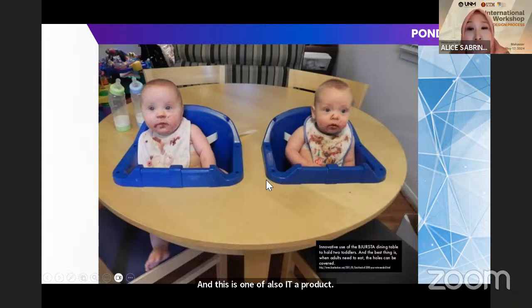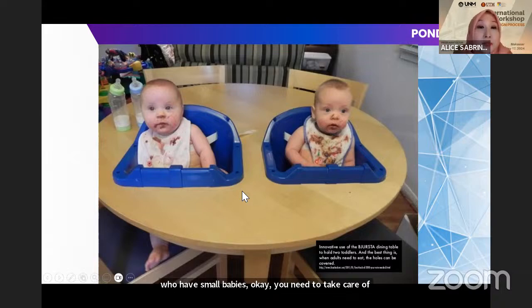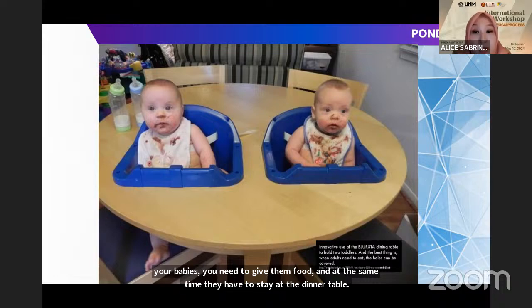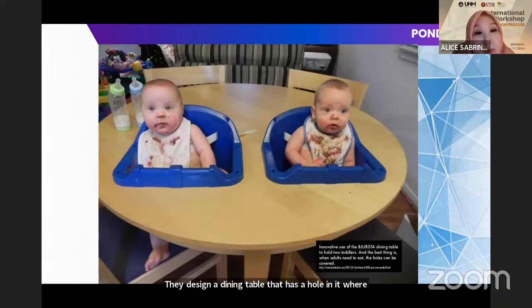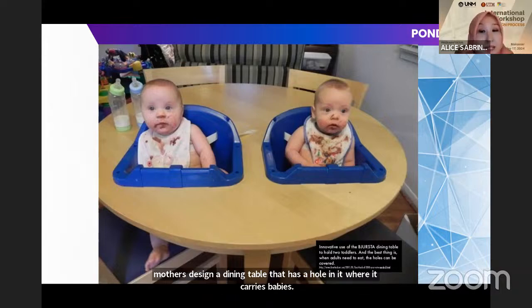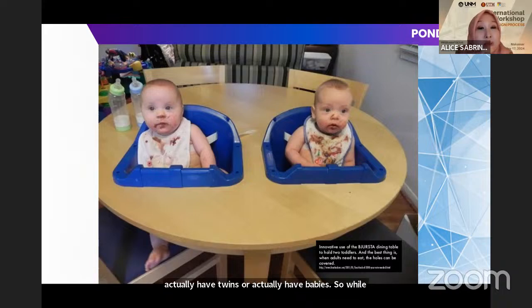For those of you who have small babies, you need to take care of your babies, you need to give them food, and at the same time, they have to stay at the dinner table. So what IKEA did was, they designed a dining table that has a hole in it where it carries babies. And this is very important for new mothers who have twins or babies. So while you stay with your family at the dining table, you can at the same time feed your babies. And this is the beauty part when I talk about IKEA, because IKEA is not only thinking about